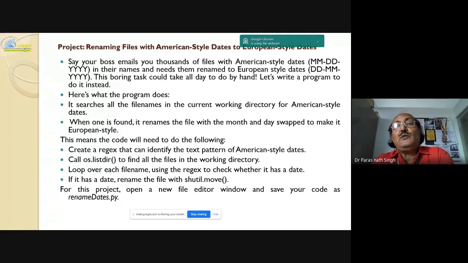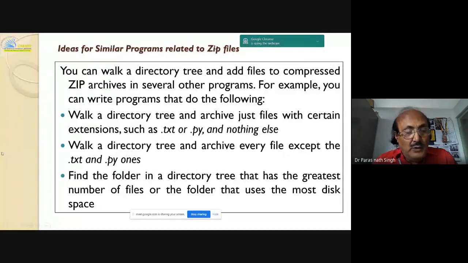This boring task could take all day to do by hand. Let us write a program to do it. It has been suggested as the mini project, and the solution is also given in the book. I think the book I have already posted in my faculty portal in the Google Classroom. If you are interested, just store the code in your Python directory and execute it. Here I have just given the steps on how to do it.